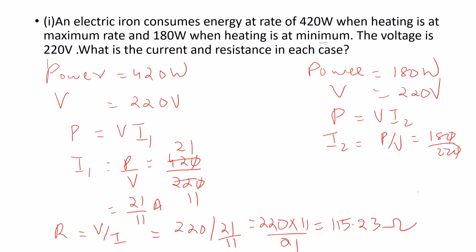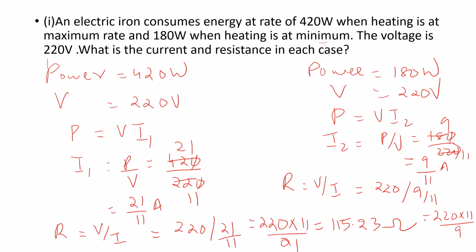On simplification it will become 9 by 11 ampere. Now what about the resistance? Resistance will be equal to V by I, and V is 220 divided by 9 by 11. So it will be 220 into 11 by 9, and therefore the answer will be